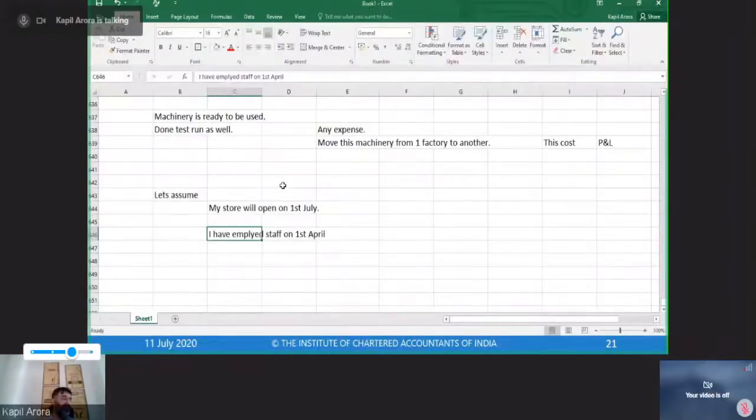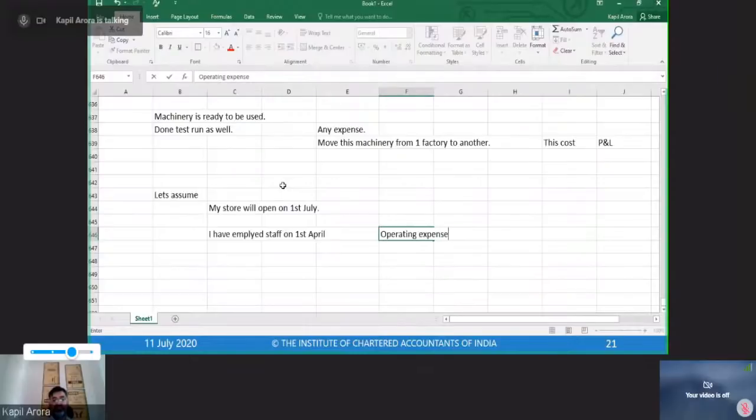I have employed staff on 1st April. So what would be happening if my operations are not started till 1st July? It means for the first 3 months, April, May, June, I have to pay salary to these staff. Why? Because I want to train them. I have hired them because I want to train them so that once I open my store, they are trained staff. For that purpose, so the cost or the operating